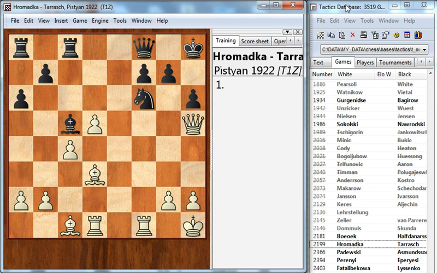Let's see here. Seems very tempting to play something like either rook f6 or bishop to h6, either this or that, and then something like queen to f5 and just give checkmate on h7. So which one is it? So rook f6,